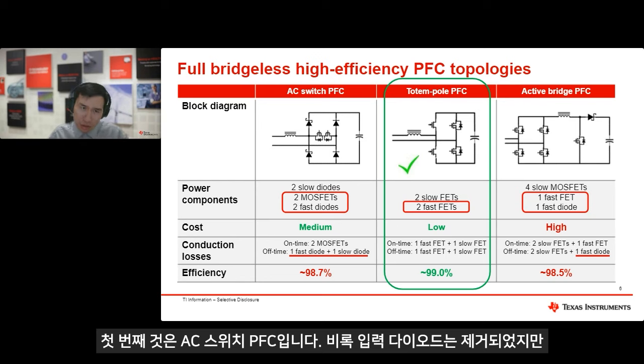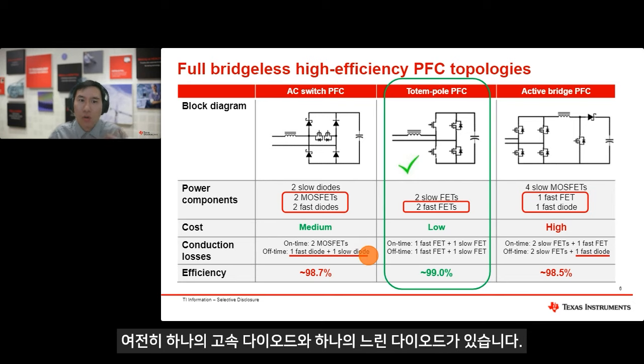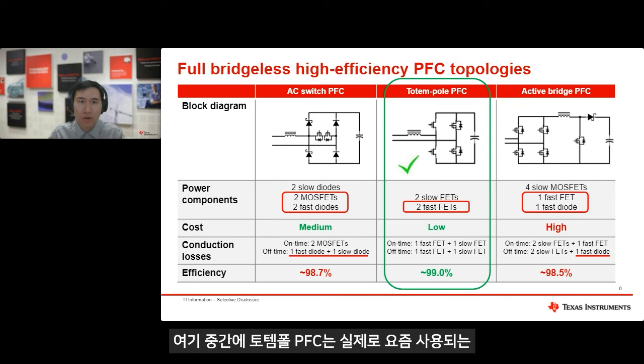Although the input diode is eliminated, during your operation, you can see on time there's only 2 MOSFETs, but during your off time, there's still 1 fast diode and 1 slow diode in the conduction path. And in the middle of here, two-node PFC is actually the topology a lot of new designs are using these days